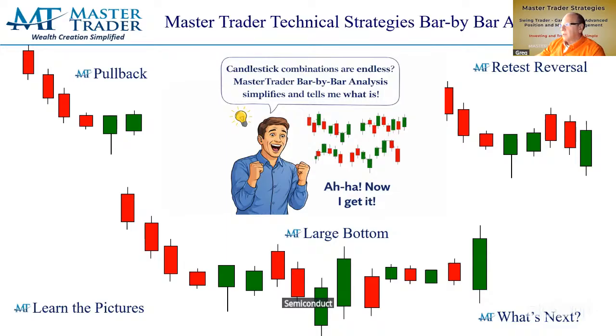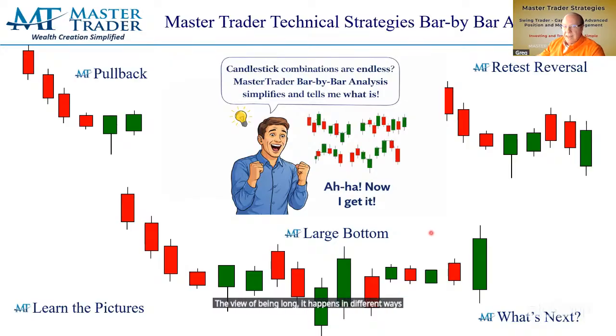Semiconductors improving a little bit here. So when we look at patterns and candlesticks, we have this concept called bar by bar analysis. What is that? That means that every single bar has some kind of meaning, but by itself, it's not very helpful or useful. So as we begin to put these candles together into little groups, they form patterns. Now, what I'm displaying here is taking those, and from the view of being long, it happens in different ways.